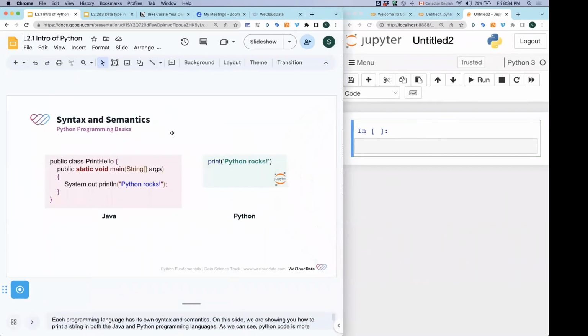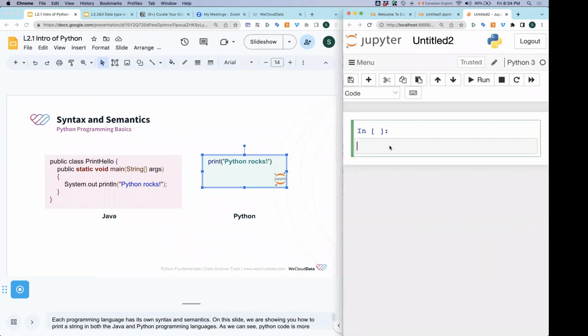We're on the basic syntax. On the left-hand side of this slide, you see Java programming, right? You have to write a class, and then you print something out. So Java is more verbose if you want to print a string, and on the right-hand side, you'll see that it's way easier in Python,